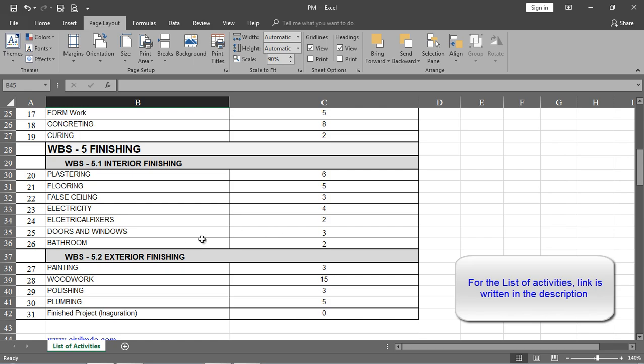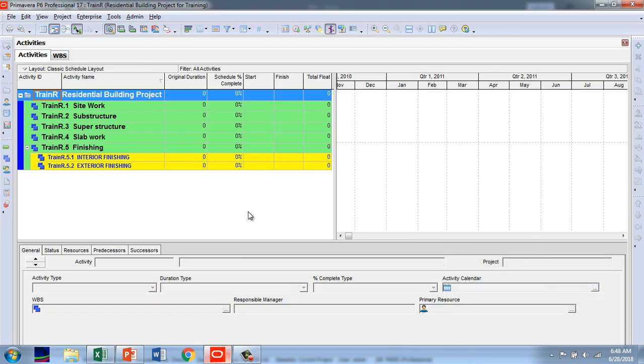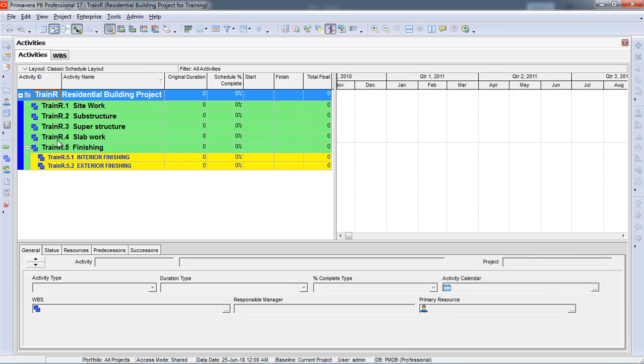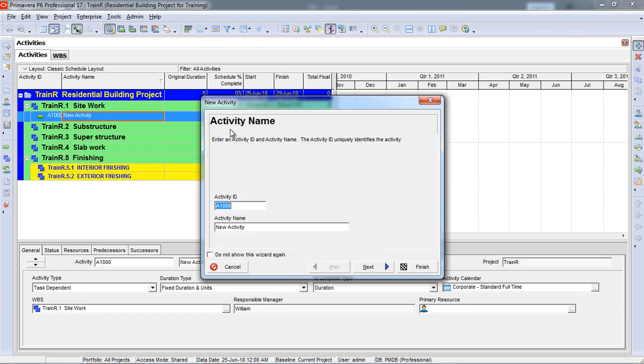Okay, now let's move to the activities window. First of all we will create some activities. For example, now I am creating site work, a kickoff meeting. Here I will click. First of all it is the activity code. So activity name, we will put